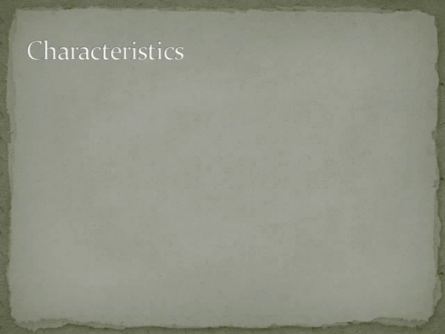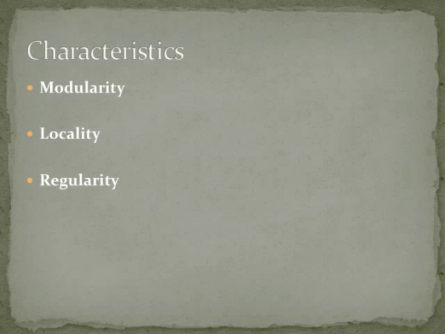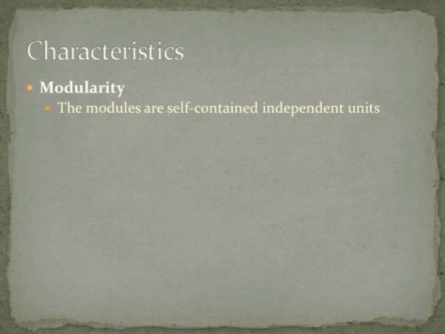Lastly, after talking about standard cell library creation, I'm going to touch on the characteristics of a cell in a standard cell library. In a standard cell library creation, it consists of modularity, locality, and regularity. In modularity, modules are self-contained, independent units that can be combined with other modules to form different circuits, which have well-defined functions and interfaces. The interfaces are usually defined by ports and must be specified by specific locations and specific conductors. In locality,